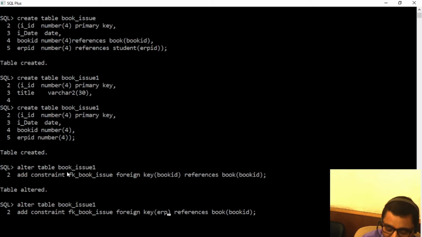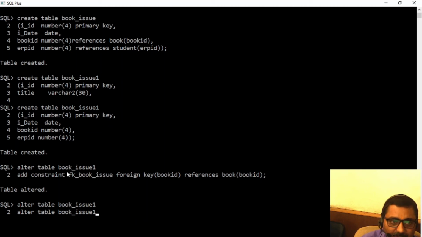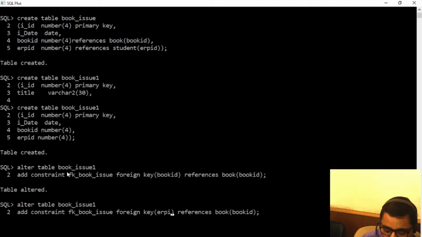This is the second foreign key column. It is going to refer, just wait, this is ERP ID. It is going to refer the student table and the ERP ID column.